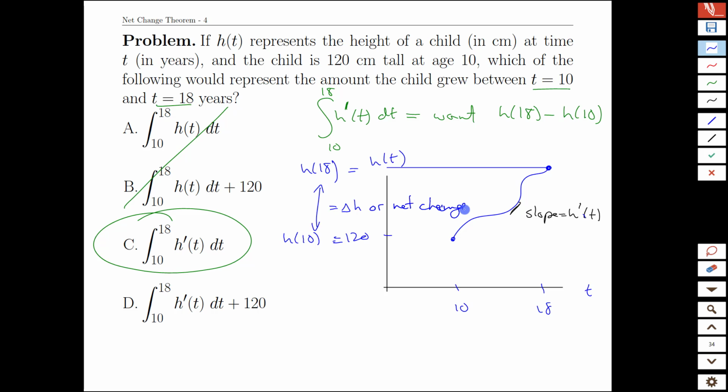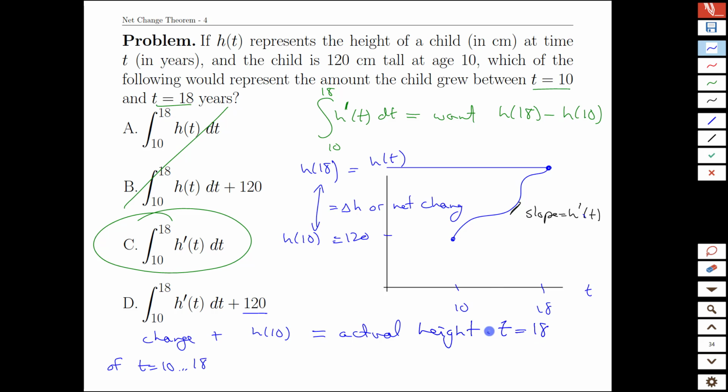The other answer that was available to us is something interesting. It's just not what the question asked for. When we add plus 120 at the end, that is h of 10. And so we get the change plus h of 10, over t equals 10 to 18, plus where we started. That's going to give us the actual height at t equals 18. So if we wanted to know how tall this child is when they reach 18 years old, this value here